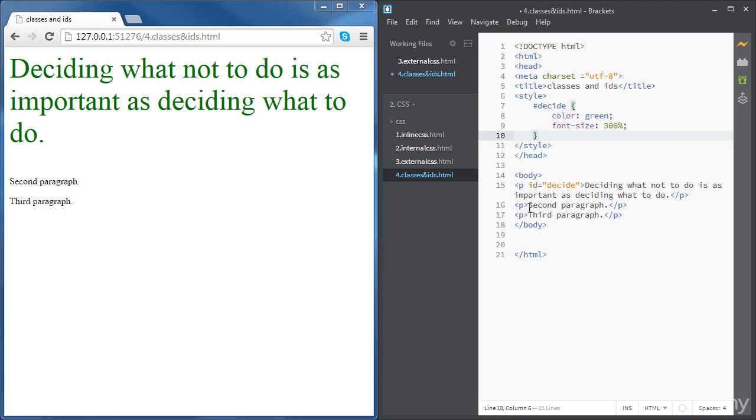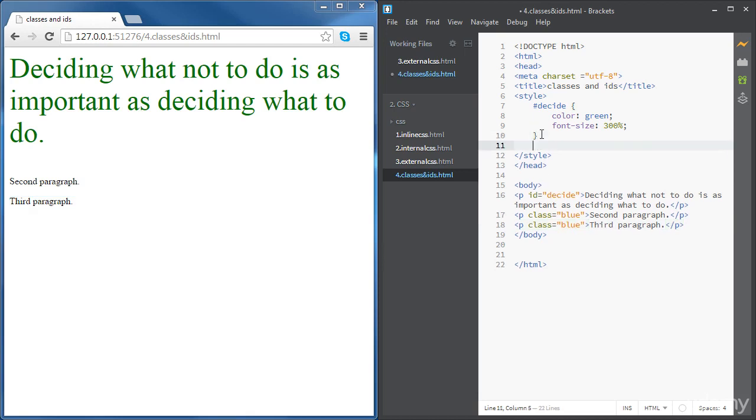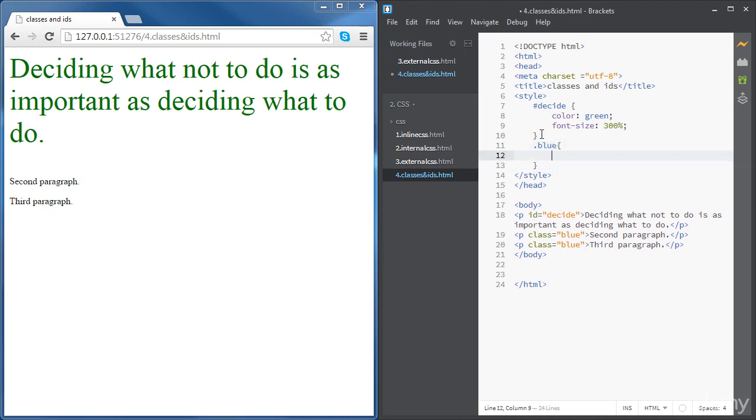Okay, so there is another way to do this. It's by using the class concept. So the way to do that is by giving both paragraphs the same class name, for instance blue, and then we're going to style the class with a blue color. So the way to style classes is by using the dot followed by the class name. Okay, and then now we can set the color to blue, and you can see that both paragraphs now are